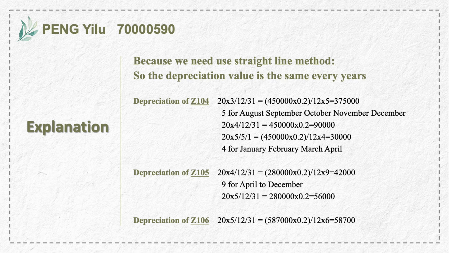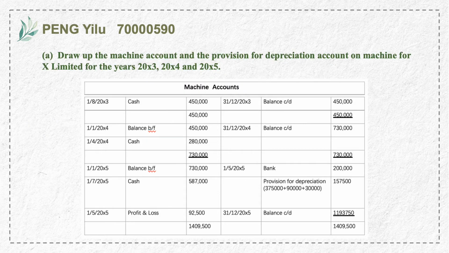The last depreciation of Z106 in 31 December 2000 X5 year equals 587,000 times 0.2, then divided by 12, then times 6, equal to 58,700. Question A. Draw up the machine account and the provision for depreciation account on machine for X Limited for